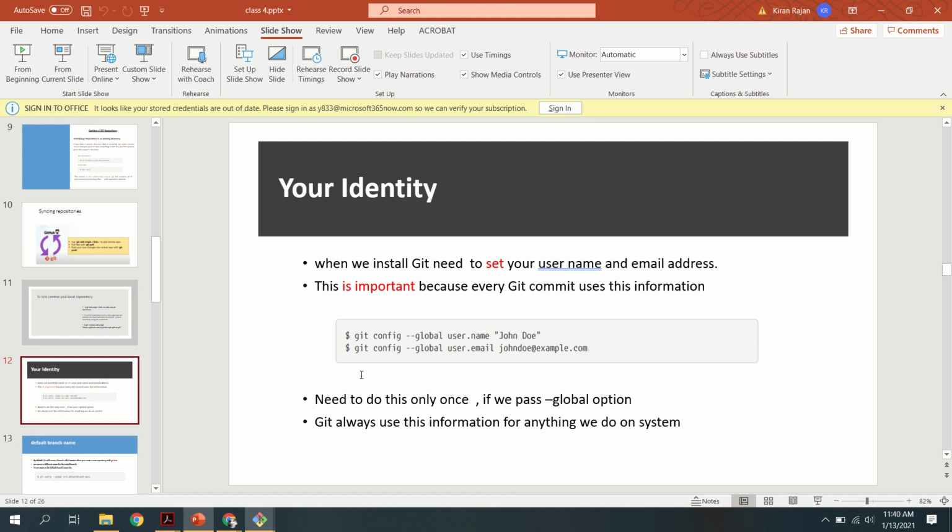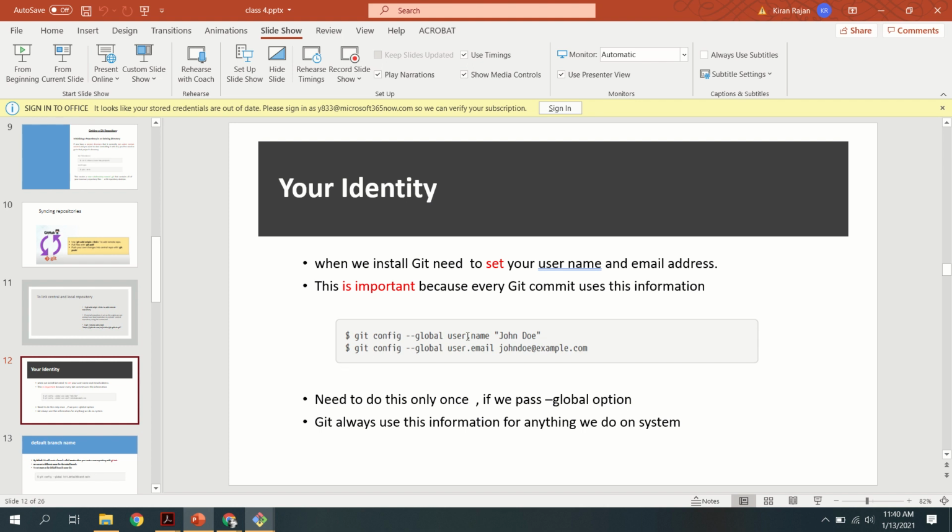This thing is very important because whenever you are performing a Git commit, Git uses this information. Suppose that you are making changes to any one of the files and you do the Git commit, then your changes will be visible to all other developers. So they must understand who did all these modifications. So in order to identify you as a person, you can give your username and password. For that purpose, Git has a command which allows you to set your username and password, and this is the command for that.